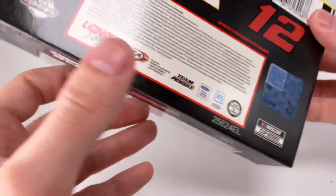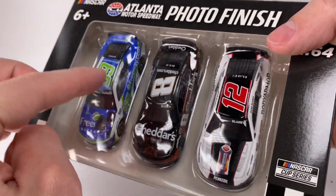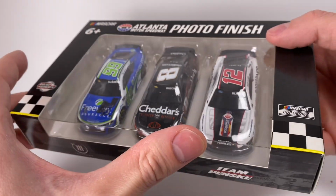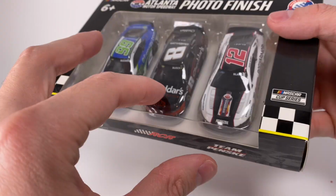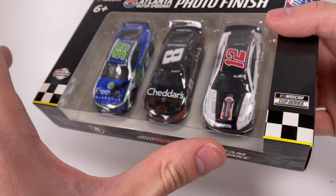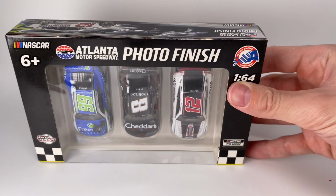I don't know how many they're making of this set, but this is a true exclusive set. That Daniel Suarez is different than the one you get in the normal 1/64 scale. The Race to Win. This is a unique Kyle Busch and a unique Blaney. So don't be surprised. This is one of the hardest things to find in the NASCAR diecast universe many years